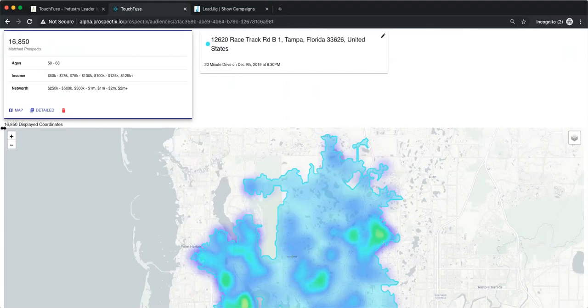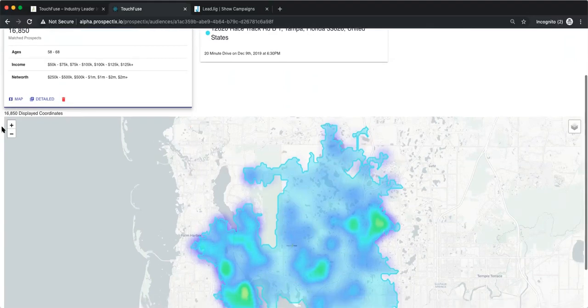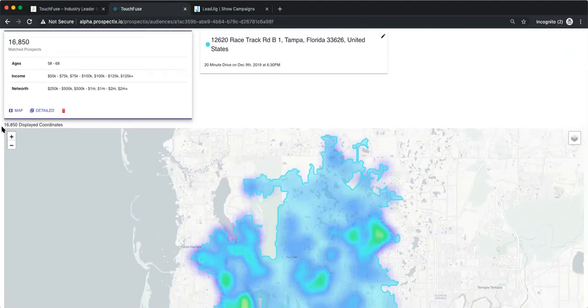But what we recognized is that 7 to 10 miles across the country can vary widely as far as logistical patterns and logistical timeframes go. So what we wanted to do is establish on the front end a logistical time frame that might give us a better shot at really understanding who can make it to our workshop or seminar in a reasonable amount of time. So in this demonstration, I've used our office as our main point here in Tampa Bay,